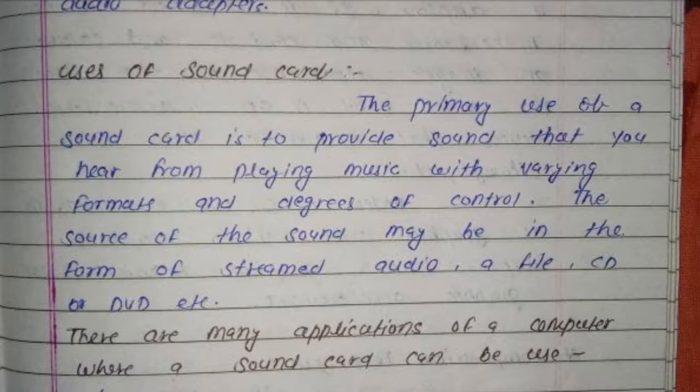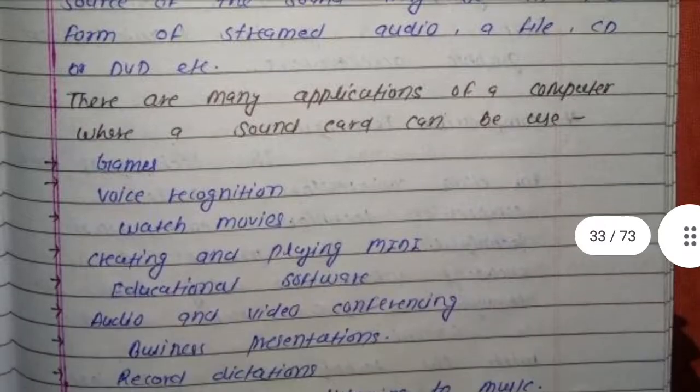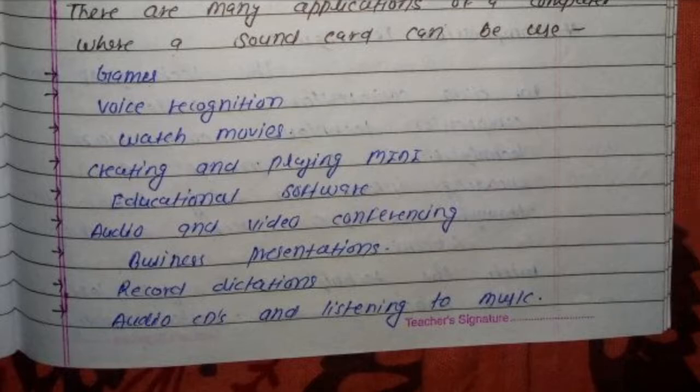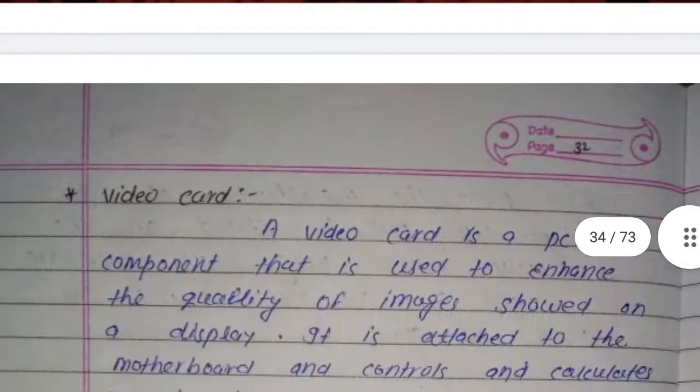The source of the sound may be in the form of streamed audio, a file, CD or DVD etc. There are many applications of a computer where a sound card can be used: games, voice recognition, watching movies, creating and playing MIDI, educational software, audio and video conferencing, business presentations, recording DAC sessions, audio CDs and listening to music.